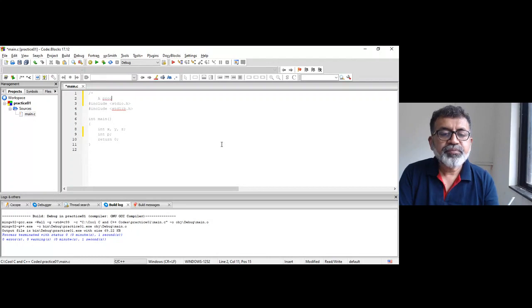A program to add marks of three subjects, calculate total marks, average and print it.